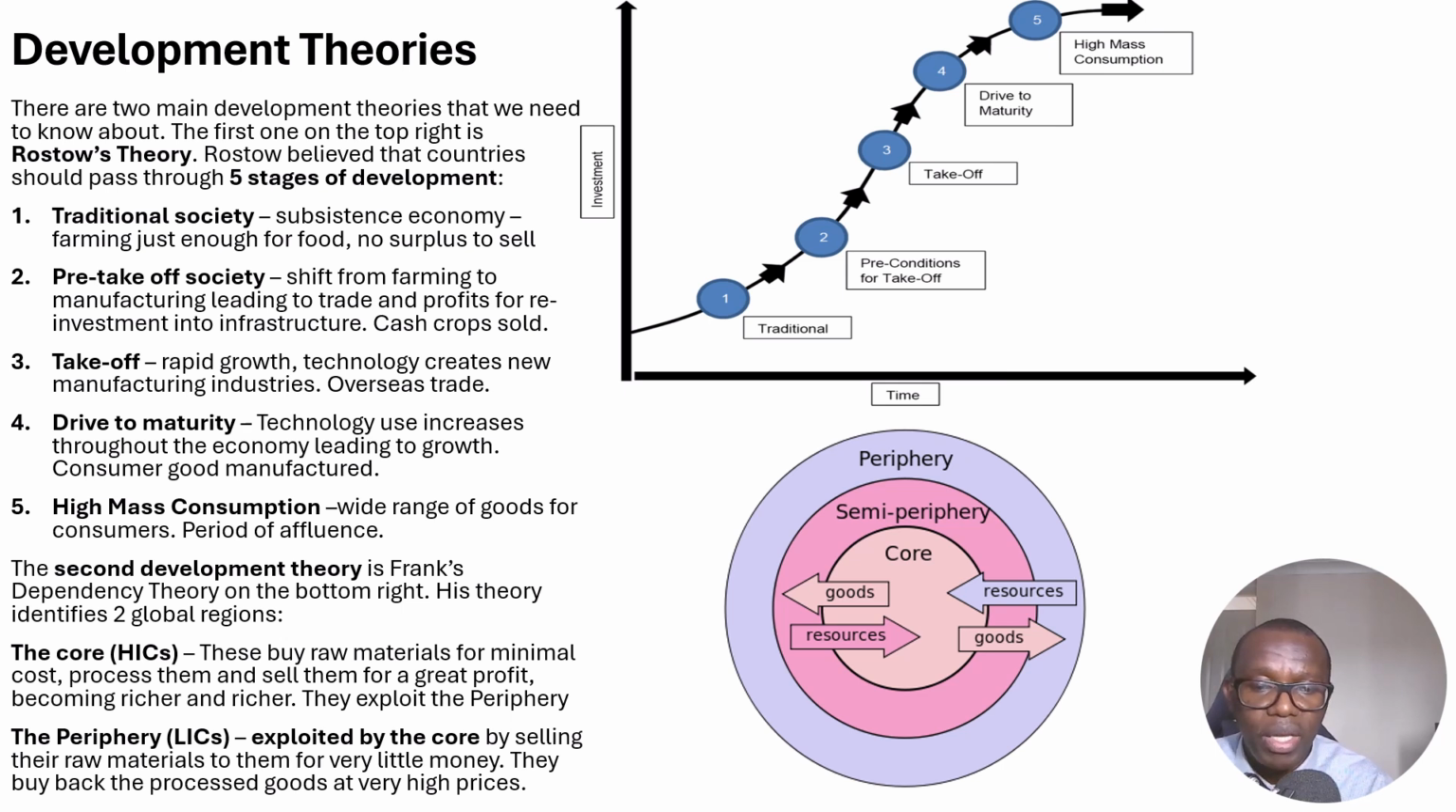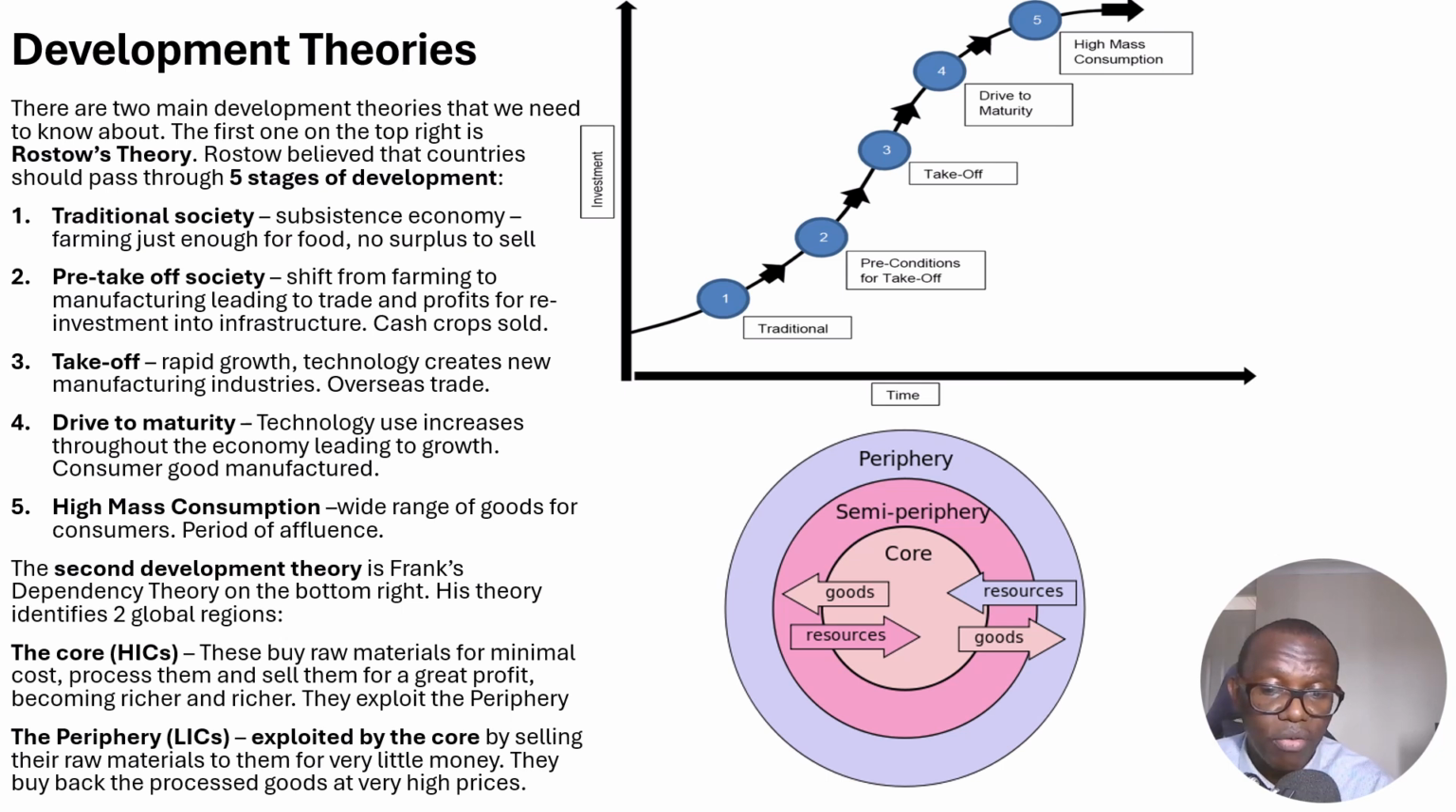What's happening here is that the rich countries, which are the core, buy their resources, which are mostly in the form of raw materials, from the periphery, so the poor countries. They then manufacture those raw materials that they bought at a very minimal price from the poor countries, and then sell them back to the periphery